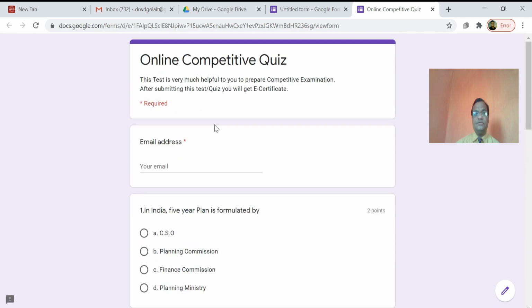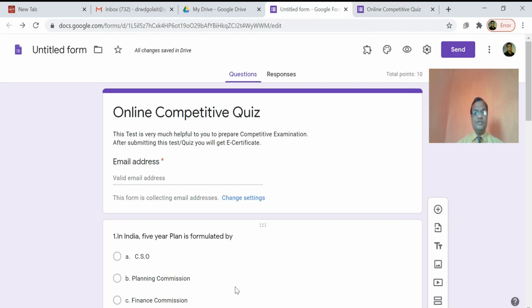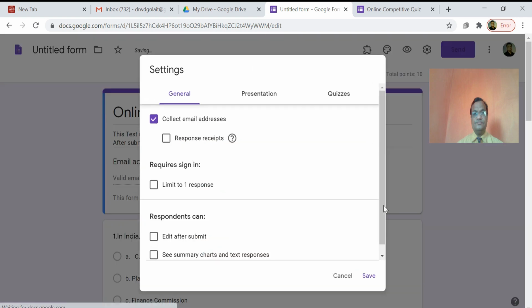Before that, you can see here that email addresses have automatically come here. We can also write the name of students initially, because this is necessary. We already have the option here, tick collect email address.